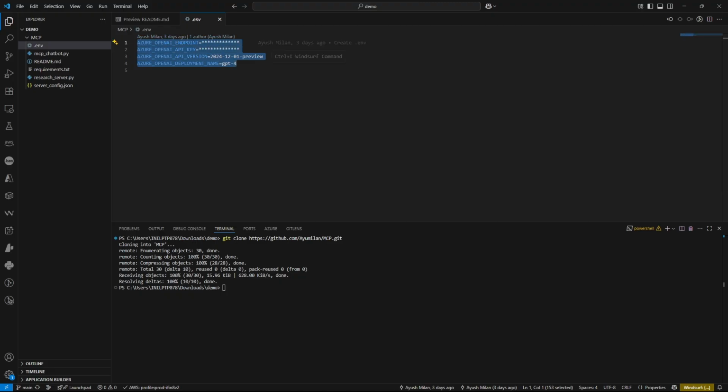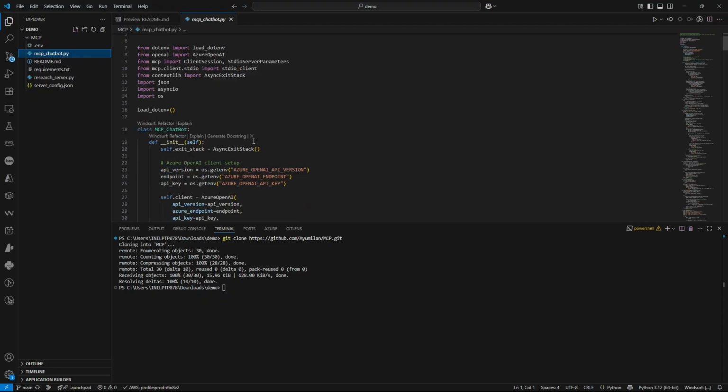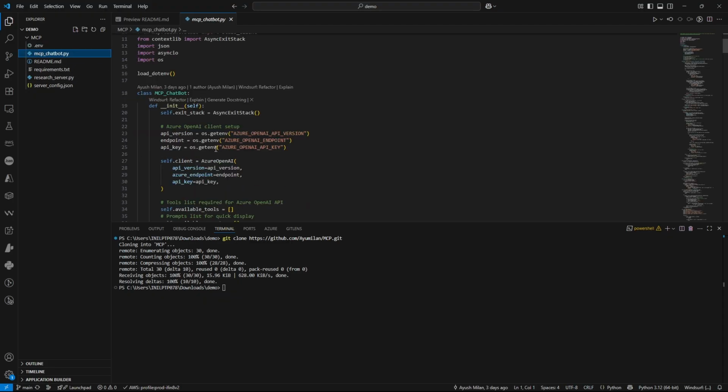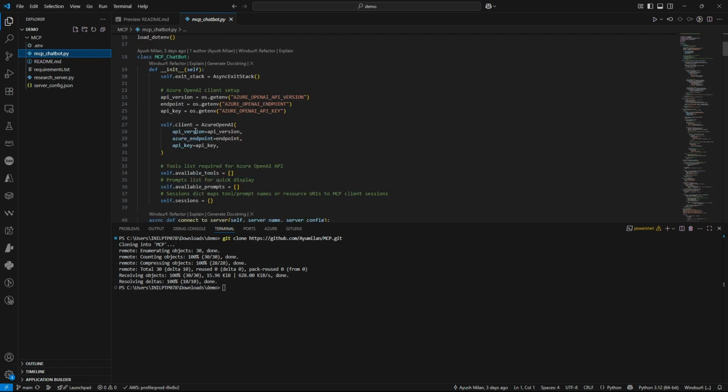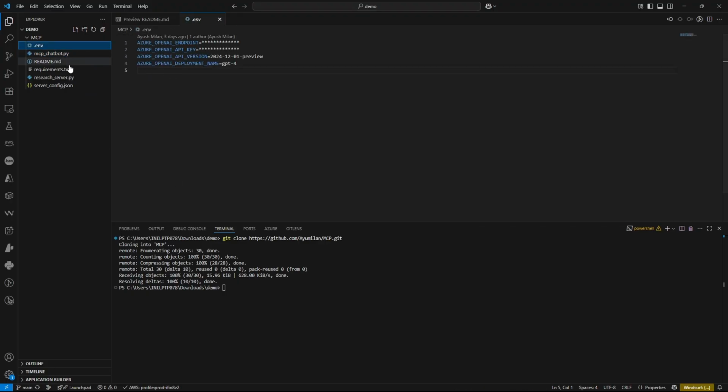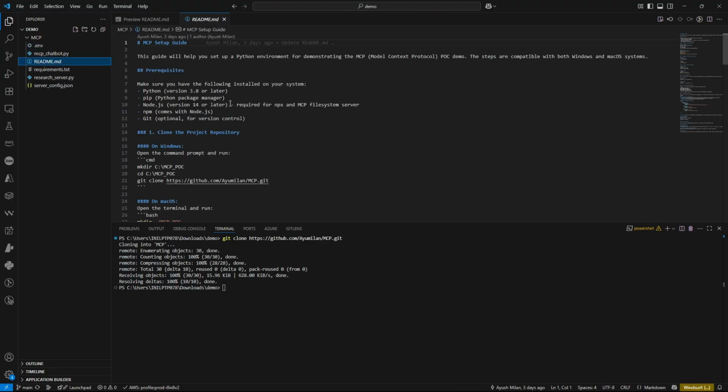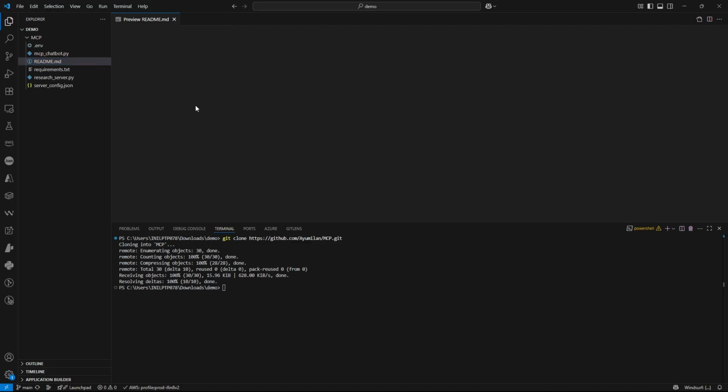So I'm setting it up, and then after setting your endpoint, API key and the different things to access the model, whatever you want to set in the code, you have to make some changes according to that only. If you want some other LLM model to use, you can use accordingly here. So once you set the environment, after that you can follow this readme